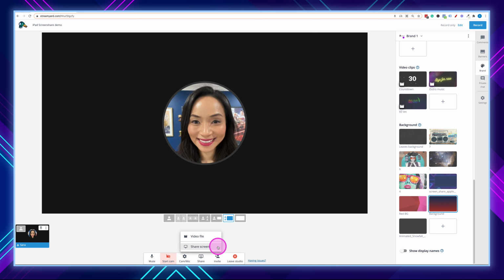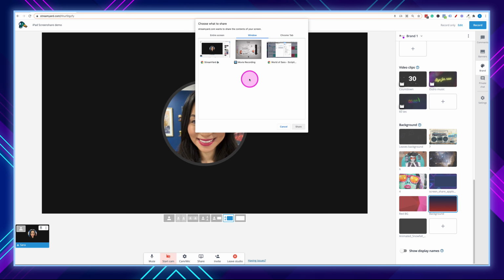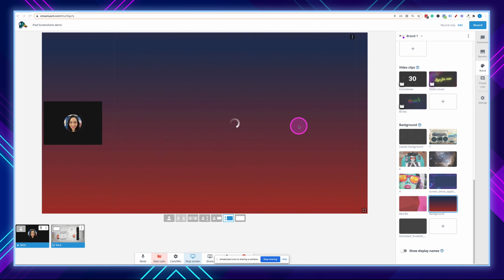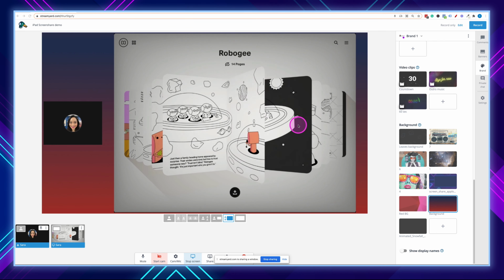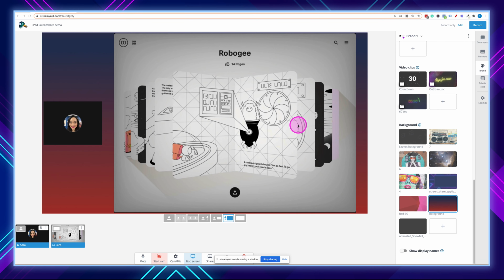We're going to go to share screen, and then we're going to go to window, and we're going to select the movie recording, and you will see the QuickTime logo here. So click on that and click share, and this will add it to the actual live stream. So here it is here, the actual content of my iPad on the actual live stream.